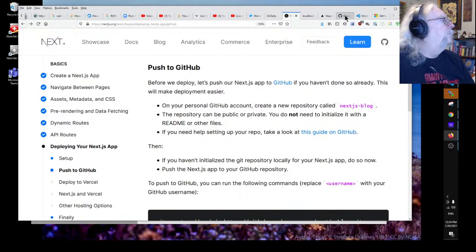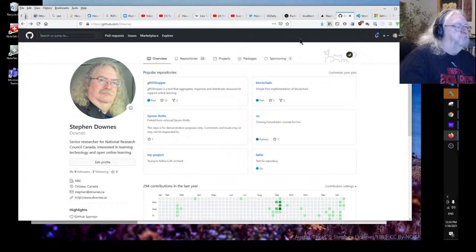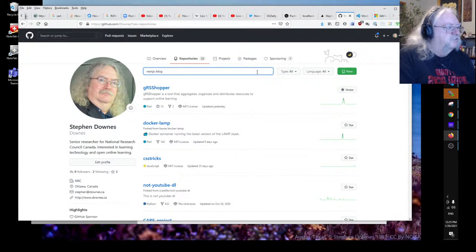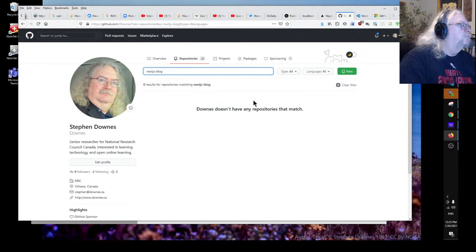I'm not worried if I've just missed it somehow, because it'll tell me if I've duplicated something. So repositories, click on that and find a repository. Let's see if I can. Nope. Okay. New